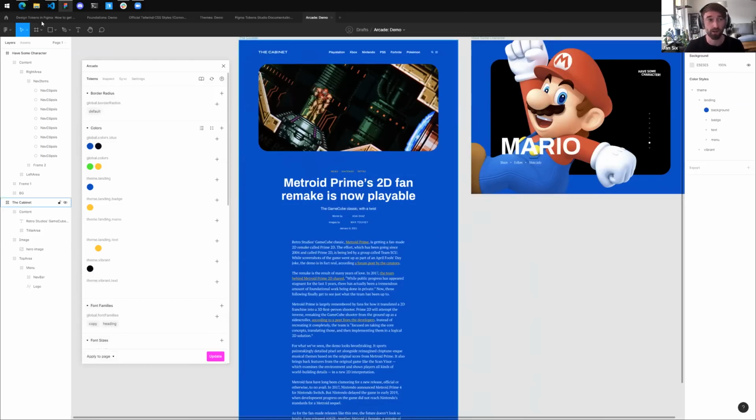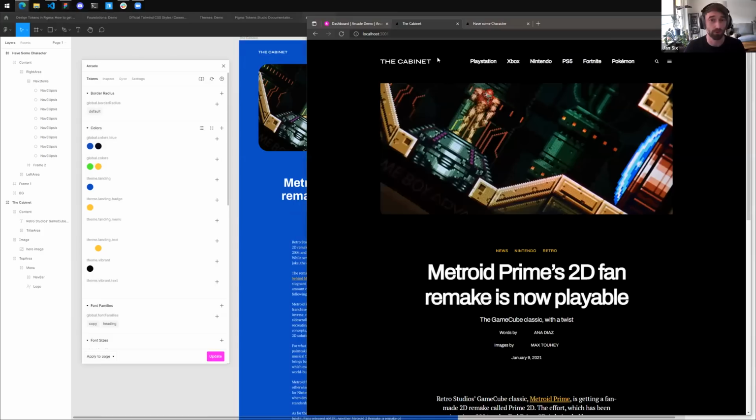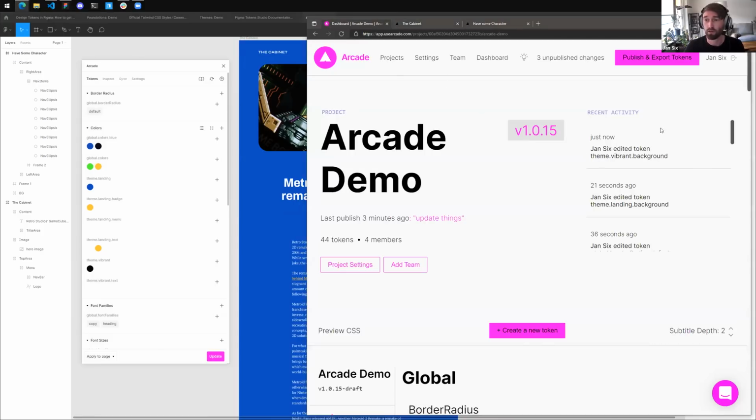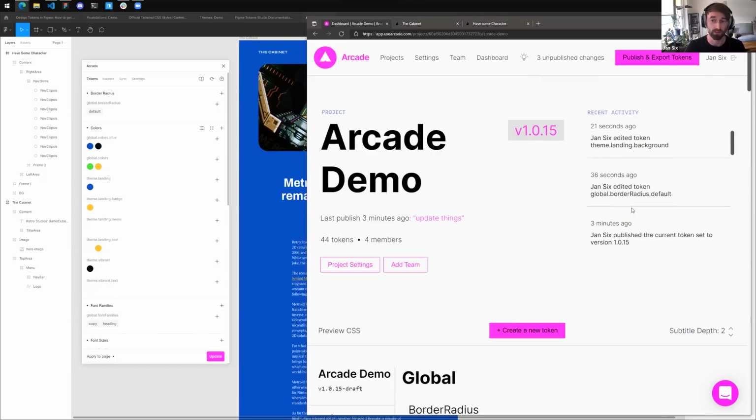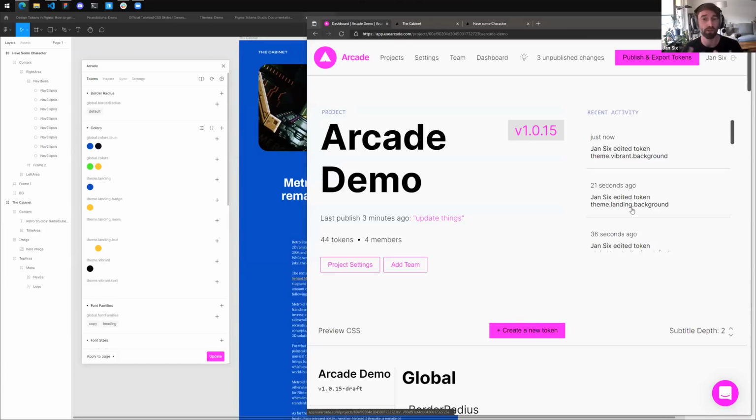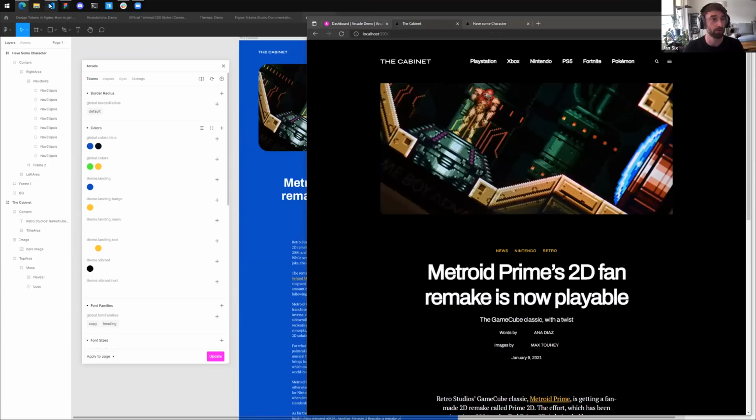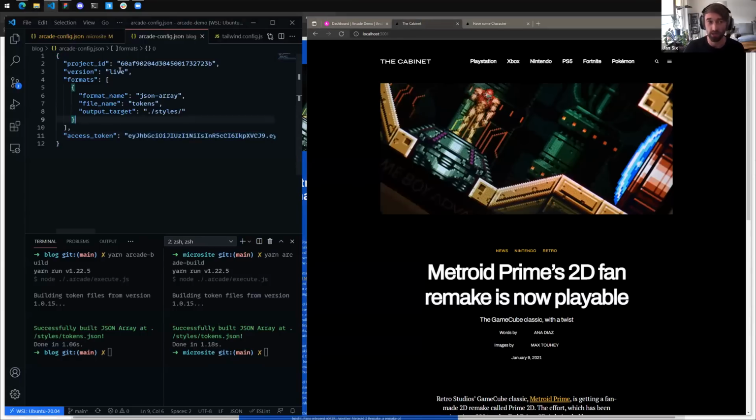If I head on over to Arcade, which has all my tokens stored, I can see that there has been some activity, like somebody edited the token theme vibrant background 20 seconds ago and 36 seconds ago. I could now publish these, or I could try to see how that looks in development. And I'm going to do that again, head on over to my VS Code. And by changing the version to a draft state, which is the currently stored tokens in both of these, and again, running Arcade build,